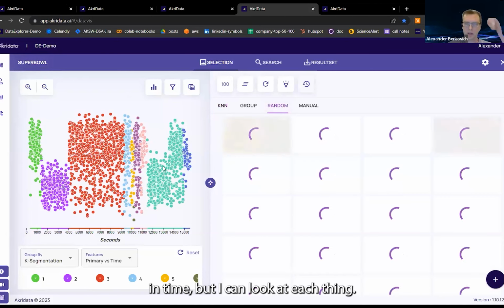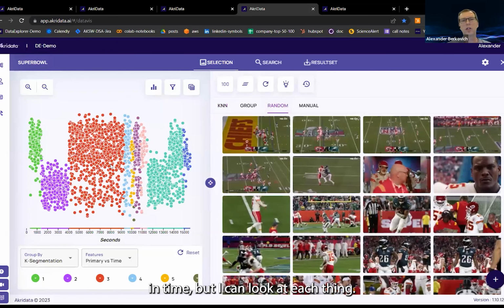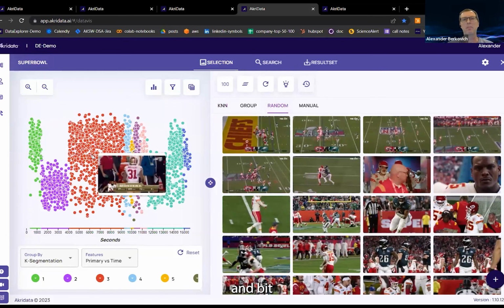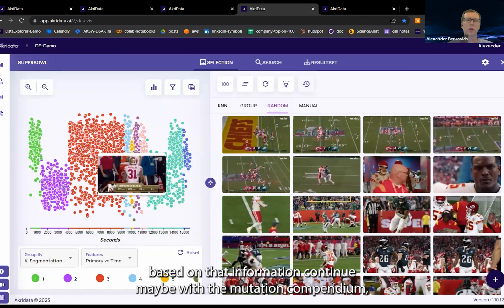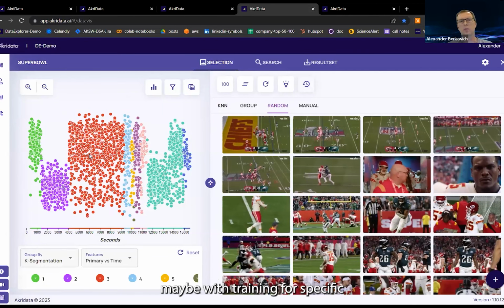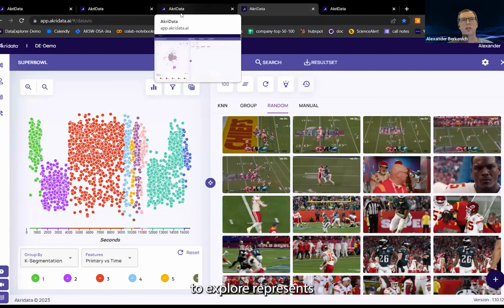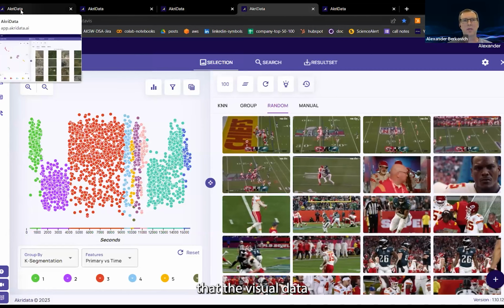Let's have a look at the entire dataset. But I can look at each scene. I can look at specific events within that scene. And based on that information, continue maybe with annotation, continue maybe with training for specific tasks. So these are the 2 basic ways the Data Explorer represents visual data,